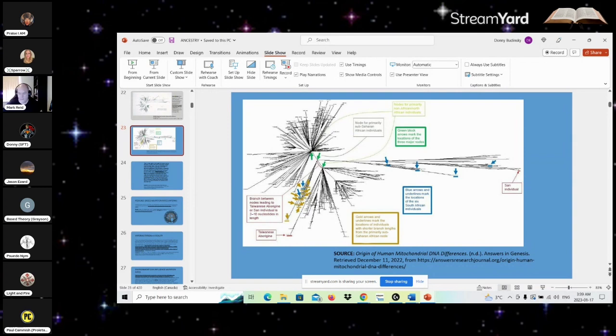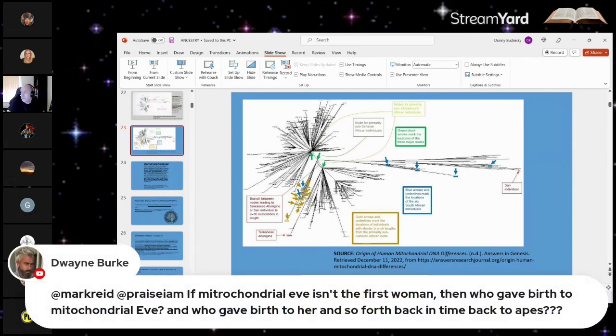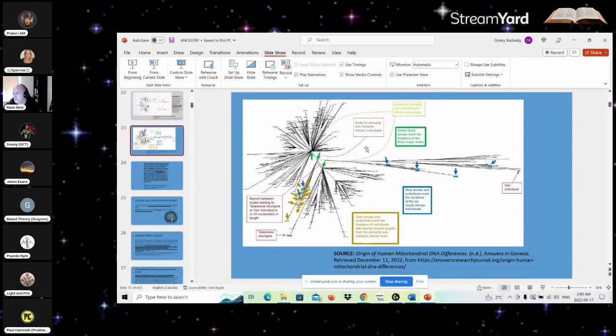That's based on a rooted phylogenetic tree, and the rooting is based on many unknowable evolutionary assumptions. This is an unrooted phylogenetic tree, and so who gave birth to Mitochondrial Eve? That's what we're asking. Go ahead. That's not really a question, because if you bring up Mitochondrial Eve, you have to at least bring up between 100,000 and 200,000 years ago. It doesn't fit in a creationist model.